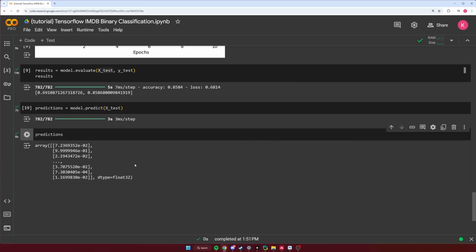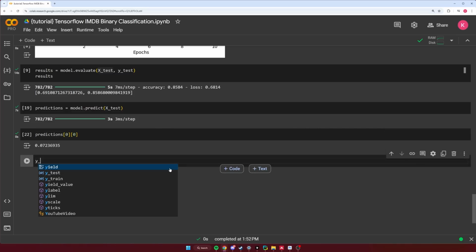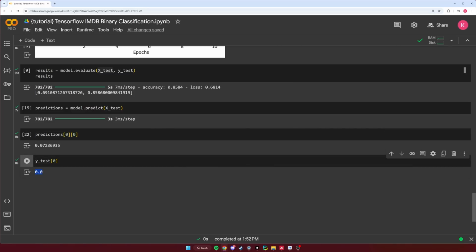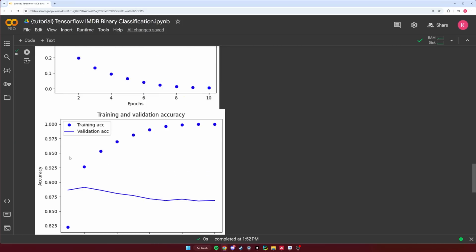Looks like we have a NumPy array. It's a matrix filled with float 32 values. So let's just access the first one. And so we can see that the value of the first one is 0.07. We can print it out by doing that. So we get 0.0723. So we can see that this is a very small number. And if we compare it to the actual label for this, so we could do y_test[0], it should be 0, right? So the reason that it's not a 0 or 1 is because, again, the output layer that we